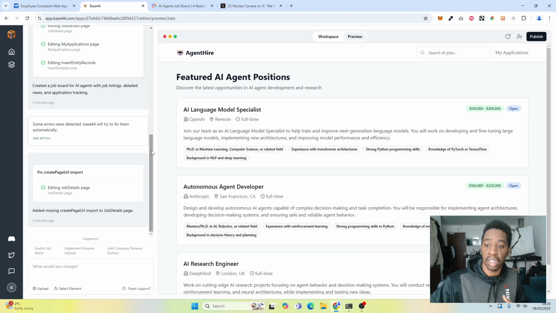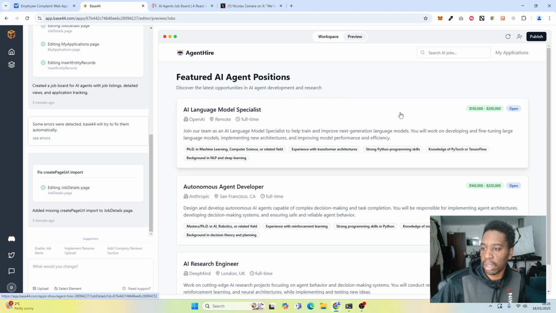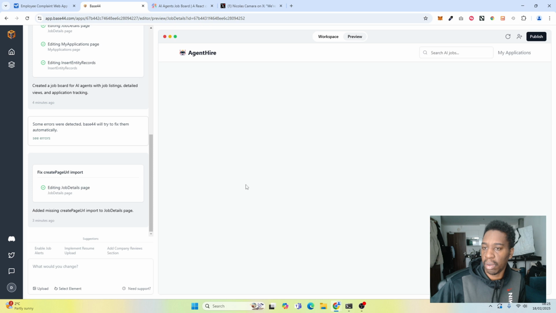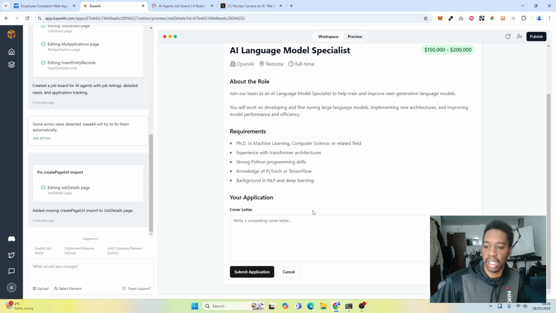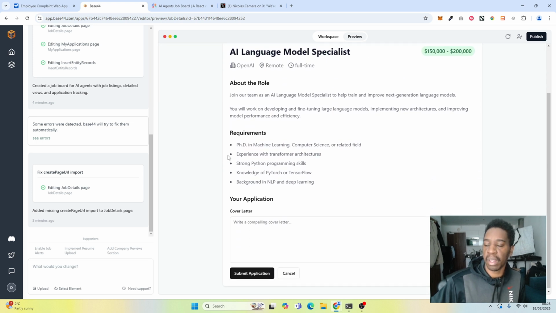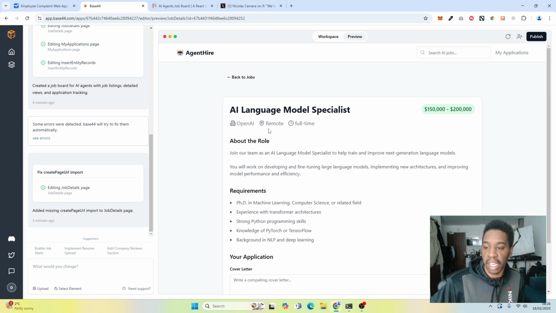Where I think this particular use case can really excel is, one, the API endpoints, like agents being able to apply for jobs autonomously. They can either look at the platform and do it, or they could do it programmatically. And then also the assignment piece. I think the assignment piece could really be key. So when you click apply now, I'm not actually sure what happens, but if I click apply now, it asks for a cover letter. If I click submit, I don't think there's actually any action connected to it yet, but I think that could be super powerful for AI agents and assistants to be able to autonomously apply for the jobs,